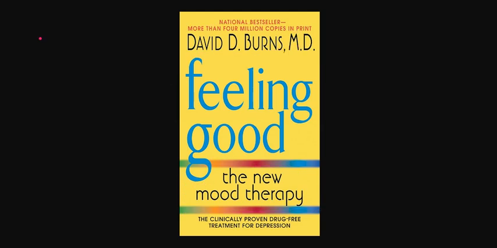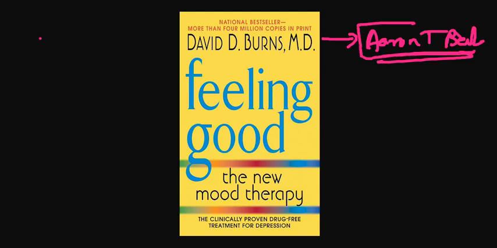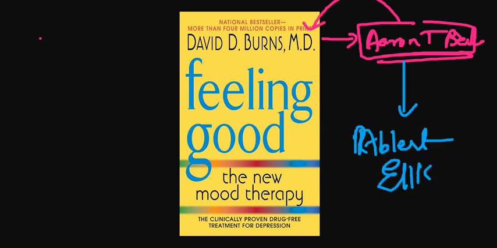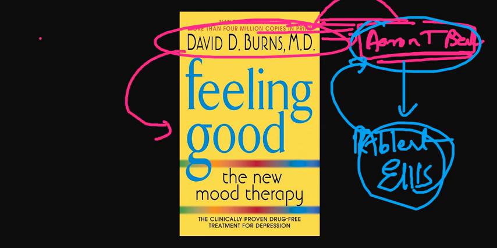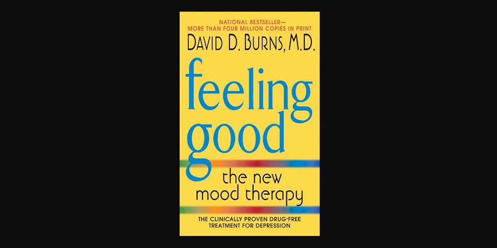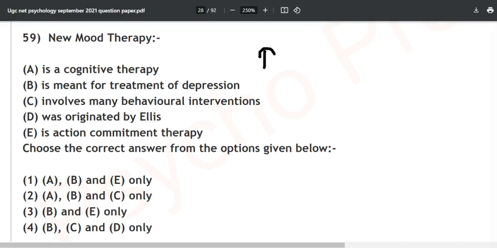Because it is a chain. First of all, David D. Burns, whose mentor was Aaron T. Beck. Aaron T. Beck was the mentor of David D. Burns, and obviously, you now know Albert Ellis. Albert Ellis is the grandfather. Then Aaron Beck is the father of CBT, I mean cognitive therapy, and then it is David D. Burns who has written this book, Feeling Good: The New Mood Therapy. So they can ask you next time also that Feeling Good book is written by whom? Then you will answer David D. Burns. So it is given by David Burns, not Albert Ellis, and